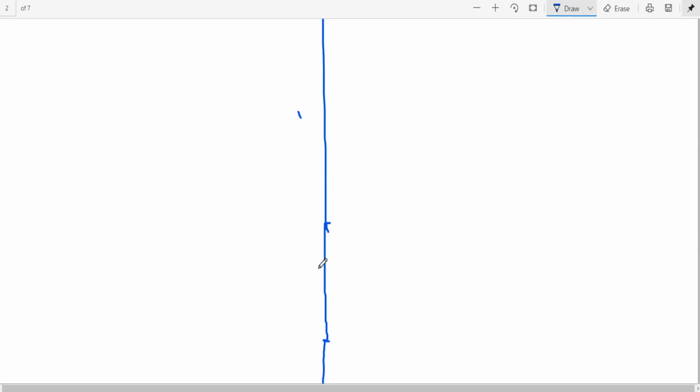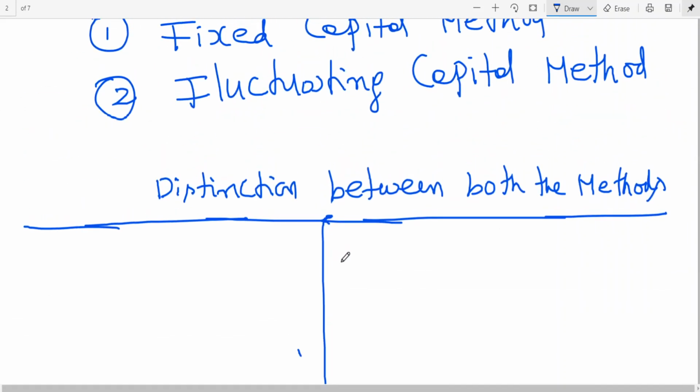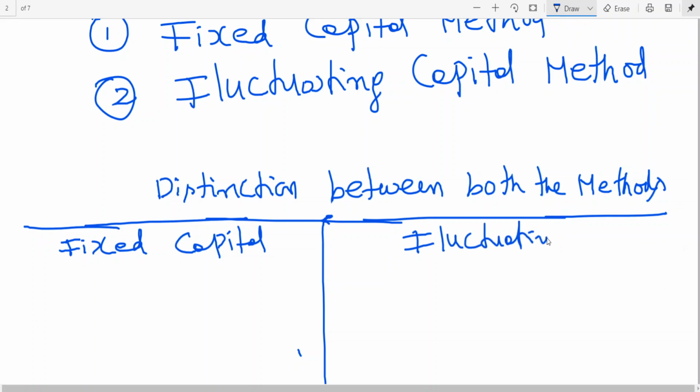Okay, let us see the difference. What is the distinction between both the methods? Here, on the left hand side, I am writing which method? Fixed capital method. Here, fluctuating. So that means, as I told you, after preparation of the P&L appropriation account, you need to go for capital